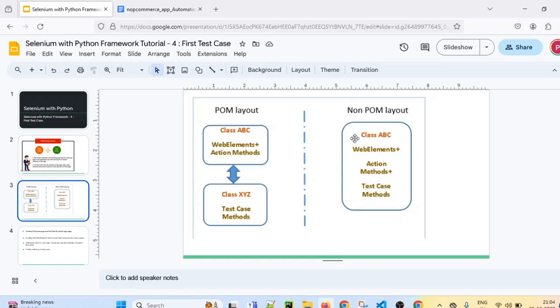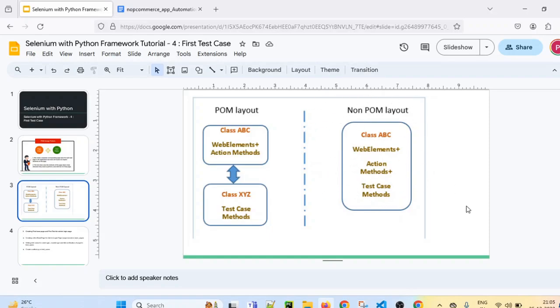All those action methods we performed in the same class or same file. We also wrote the validation of the test case, all in a single file. So the entire automation from end to end, from identifying the web elements, writing the action methods, and the test case, we performed within a single file. That is a non-page object model layout.